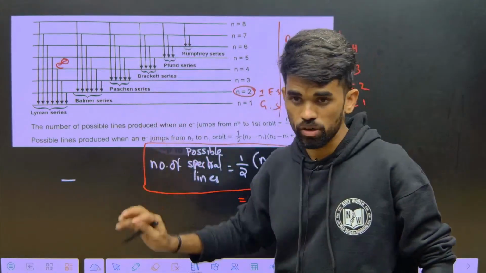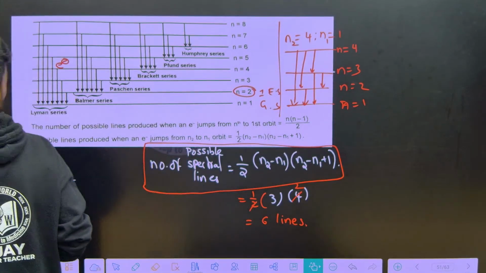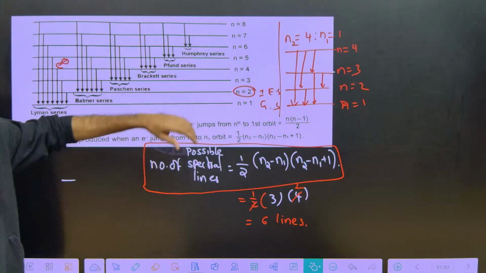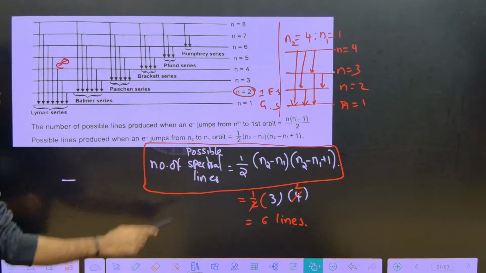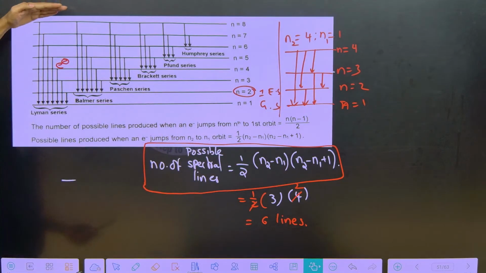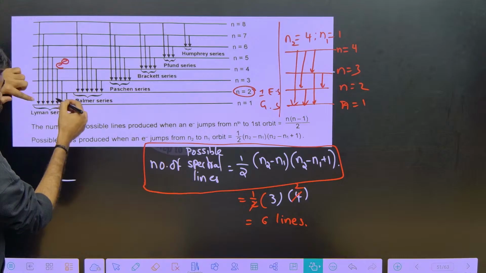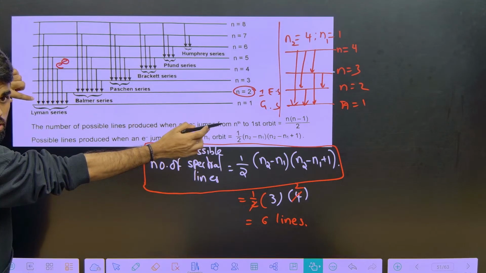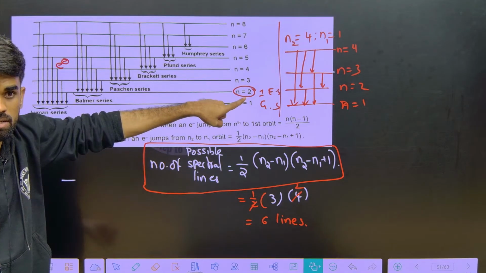So just look here, I am going to teach you one more important point. Here we have 10 lines possible in this case. Now how many lines fall into the Lyman series? What do we mean by Lyman series? From any higher energy state to the ground state, if the electron is falling, or the transition, we call it a Lyman series transition. Any higher energy state to the ground state, n equals 1. And any higher energy state to the second energy level,